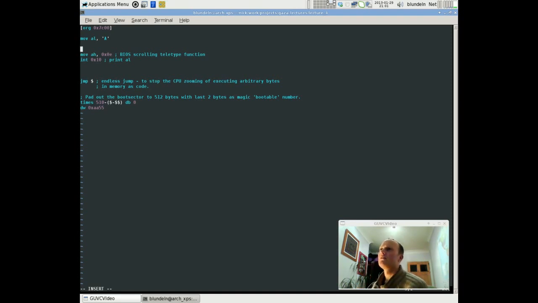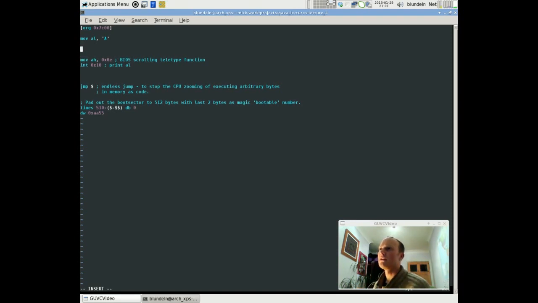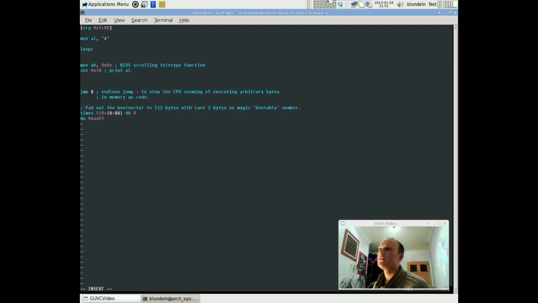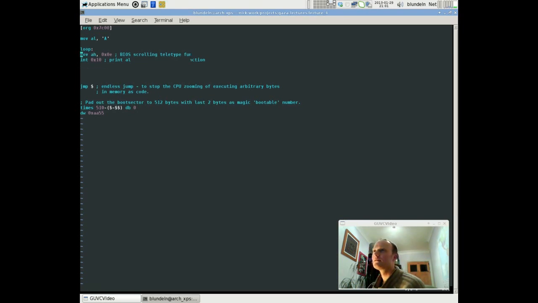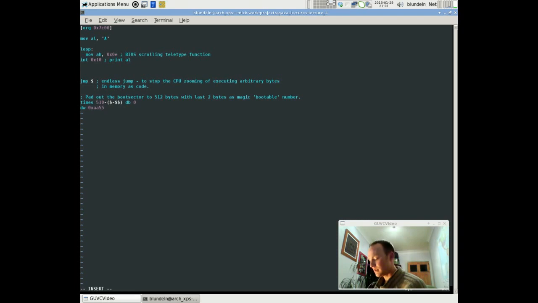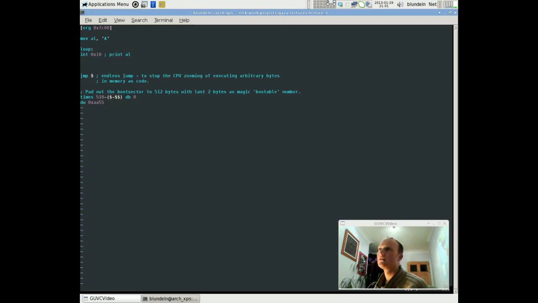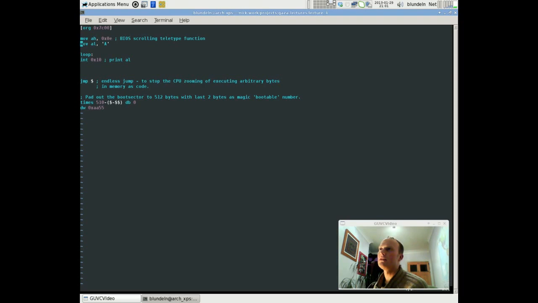So if I've got A in there, let's put the start of the loop, so let's just call it loop. Now in my loop I can keep this outside, because if I don't change that register I don't need to keep setting it. So I've set that up for the BIOS printing. So all I'm doing is going to change the character inside the AL, the character that will be printed, and then I'm going to print it. So let's just build it up. So I've got my loop, and